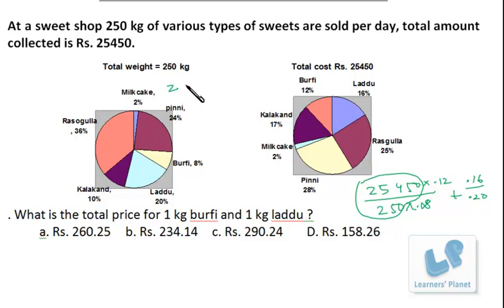So it's 25450 by 250. Now it's 12 by 8, and it is 4 by 5, right? So just take the LCM. 5 3s are 15 and 4 2s are 8. So 15 plus 8, that is 23 by 10. Okay, so this is the calculation finally that you have to do.